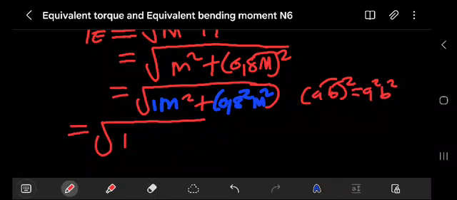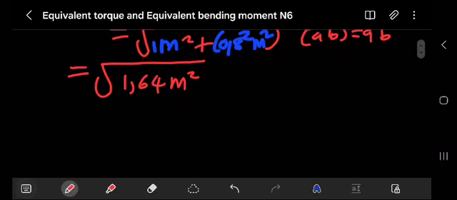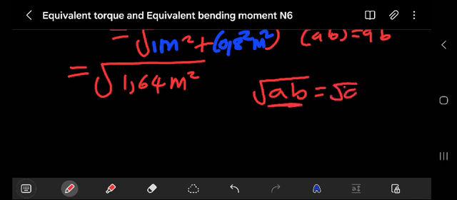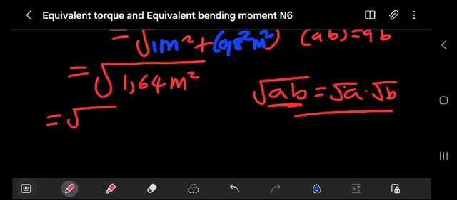So we have the square root of 1.64 M squared. Mathematically, the square root of a times b is the same as the square root of a times the square root of b. Applying this law, it is the same as the square root of 1.64